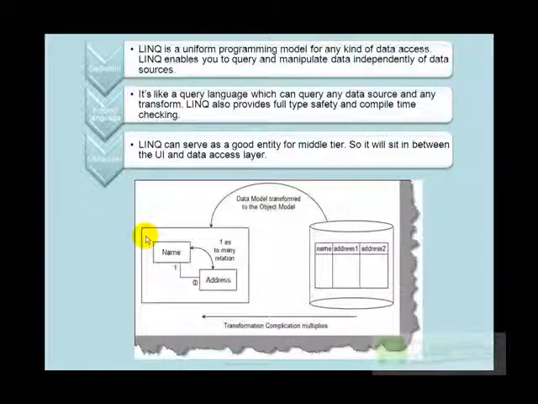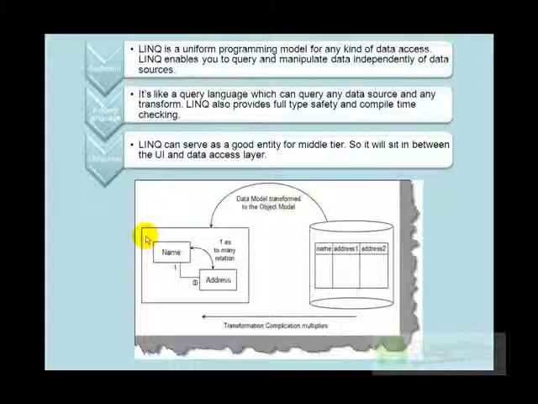For example, if your data source type is SQL Server, then you need to use a data reader and a data set. If your data source type is XML, then probably you need to use an XML reader and XML writer for updating, etc. Or probably you will be looping through the XML DOM. So in other words, your programming model or your programming logic changes according to the data source type.